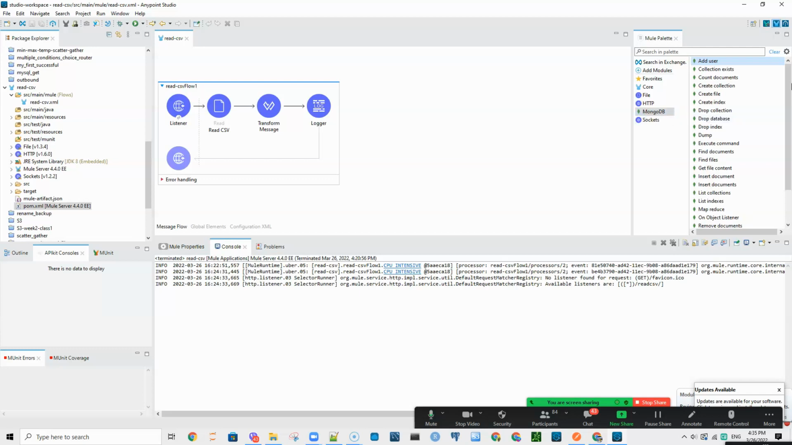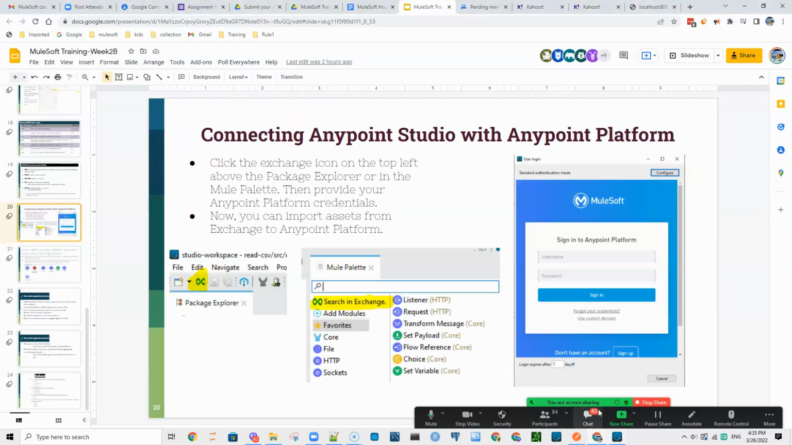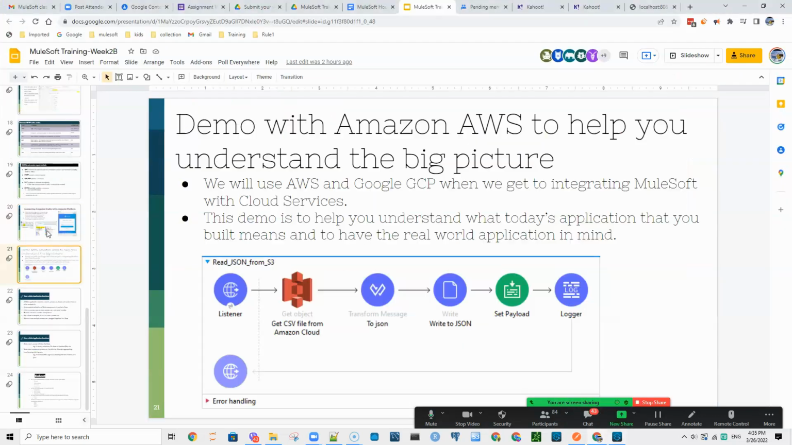Under the MongoDB module, you see how many different operations we can do with it. So for modules that we don't get, search modules here in the search palette. If you don't get them, connect with your Anypoint platform and search in Exchange. That is one example that I want to show. Okay, another one that I was